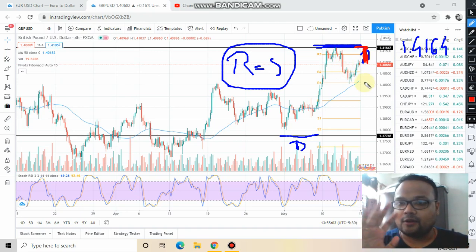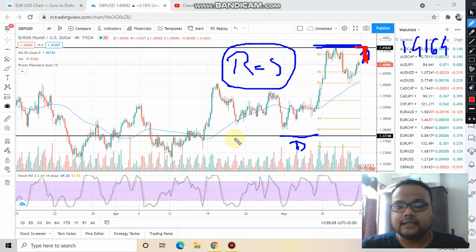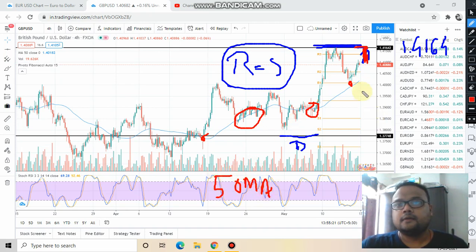On the other hand, I would like to show you one more opportunity here. You can see that on multiple occasions 50 moving average provided support to the market here, here also, here. So 50 moving average is a valid support for the market. In case after market opening, market starts coming down and you see that it has taken support at the 50 moving average, and if you see good price rejection from below, then you will get the confirmation that yes, 50 MA is a valid support to the market.